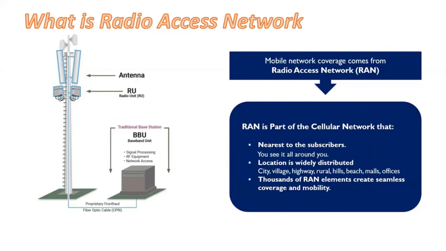So again, what is radio access network? As you know, RAN has evolved from first generation to fifth generation, each generation improving upon the last, but the essential components remain the same. The first one is the antenna, which converts electrical signal to radio waves and vice versa. Then you have the radio unit, whose function is to use appropriate frequency bands and power levels. And then you have the BBU, the baseband unit. The BBU processes the signals. It contains software and hardware to do that, and it makes wireless communication possible over the radio waves, right?